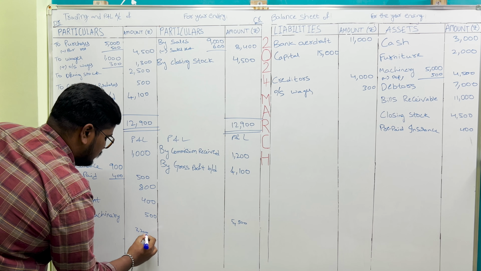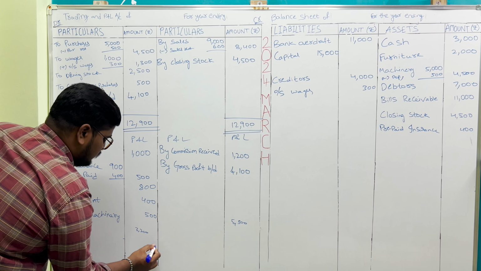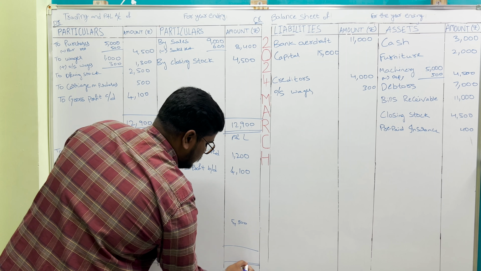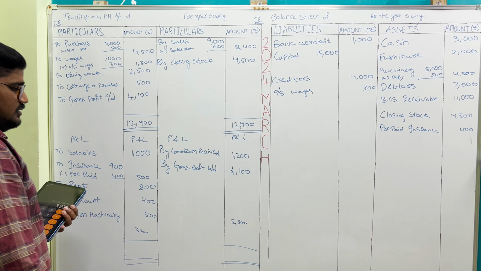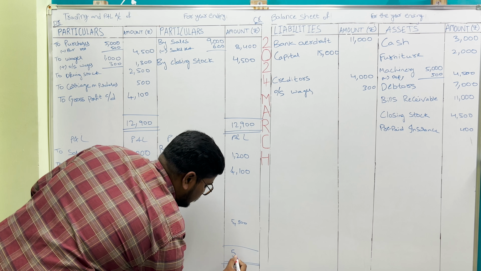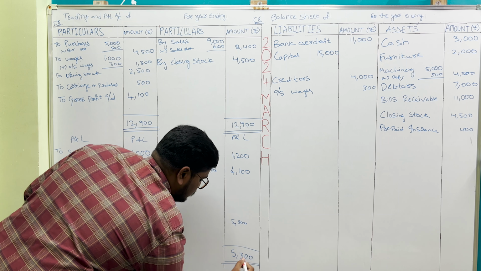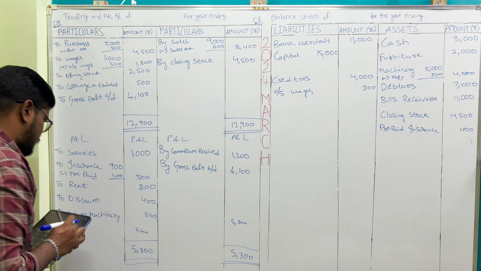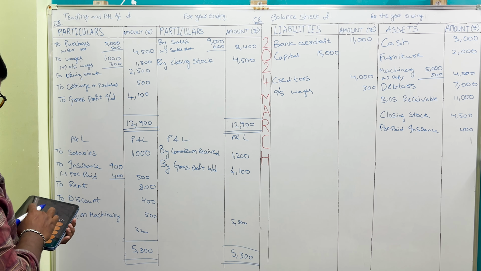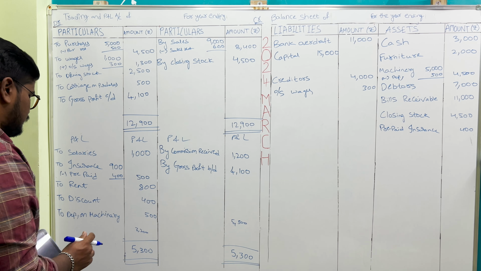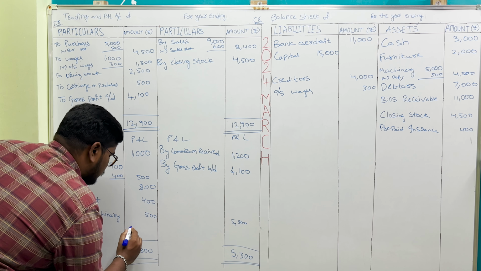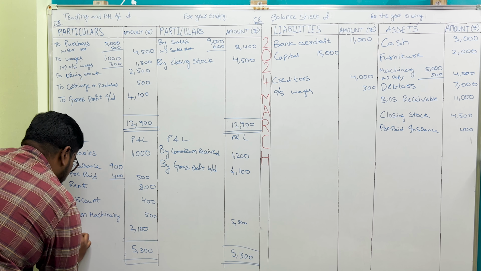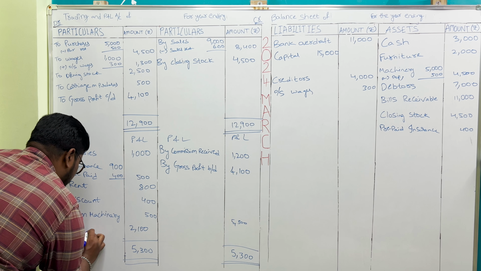The debit total. Let's put the balancing figure. So which is higher? Credit amount is higher. Let's put it as a balancing figure. 5,300. How much is the difference? That is 2,100, and we call it to net profit